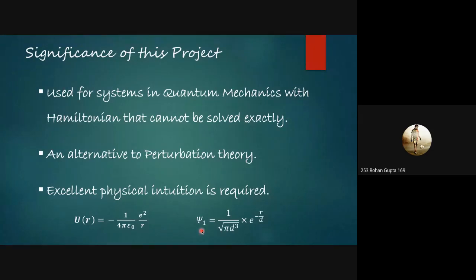And we know that the wave function has to be a solution to Schrodinger's equation, or be used to find the energy expectation for the Hamiltonian. So it requires being a solution of a double differential equation. That's why the exponential term has been introduced here. It could have been any other function as well, but the best guess would be an exponentially damping one, and the parameter could be varied as R or R squared, or even this D could be varied. But after minimizing, we get the exact D, and that's how we come to the final wave function.